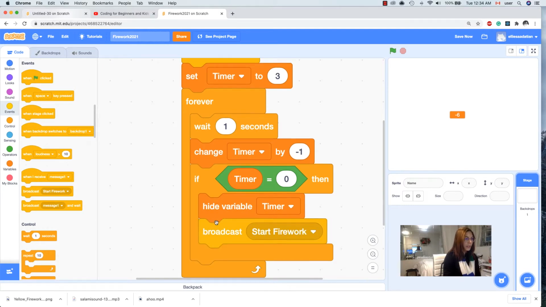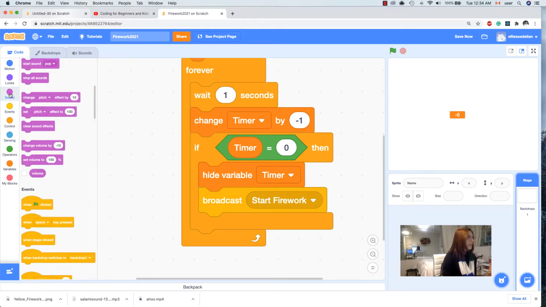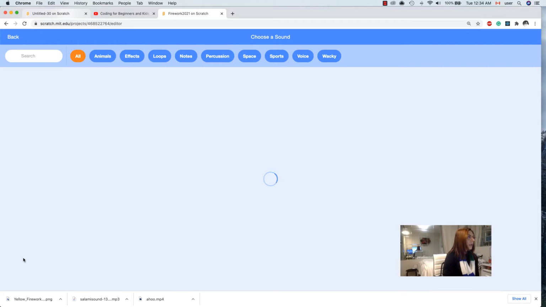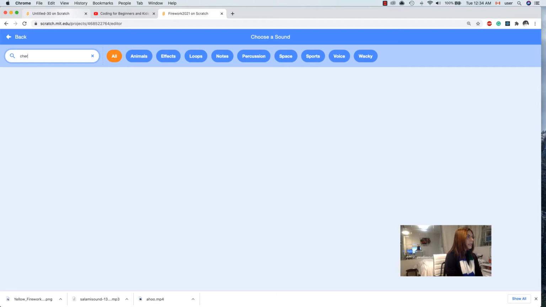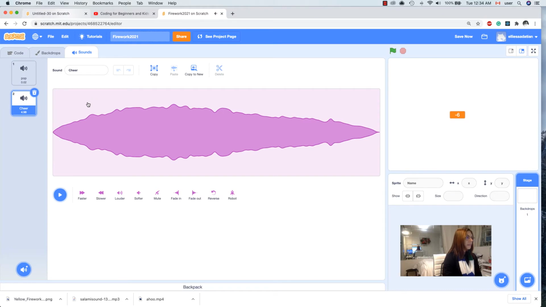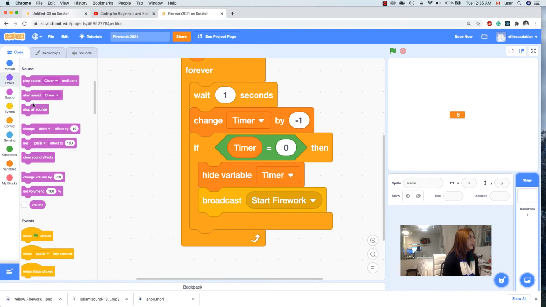What else I want is I want to play the sound cheer so that when the countdown is finished, the crowd is cheering and the firework is going to be started. So I go to the sound, and then I search for, I know that there is the sound of cheer already in the Scratch library. So I choose this, and then here, start sound cheer until done. I drag it here,